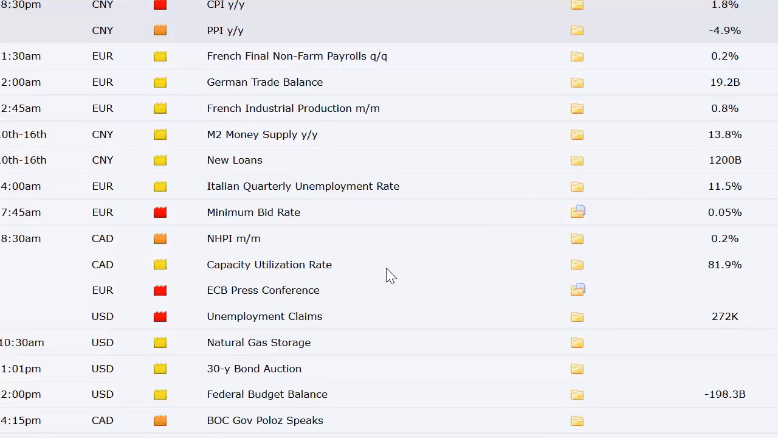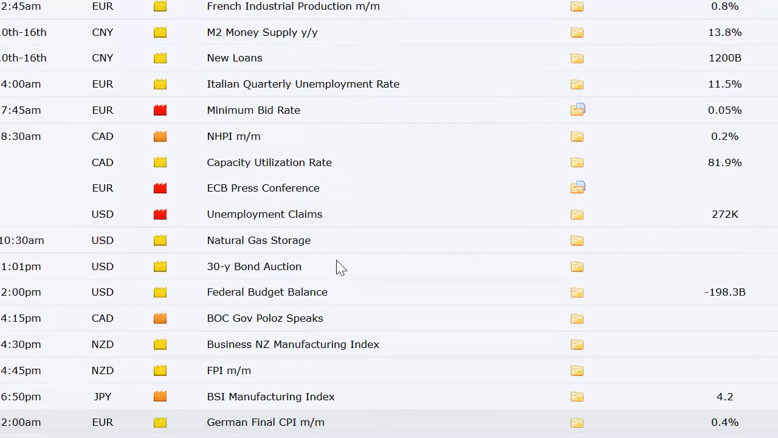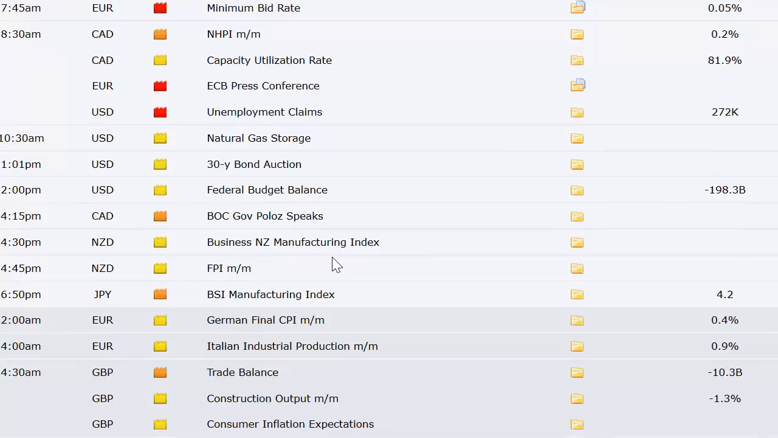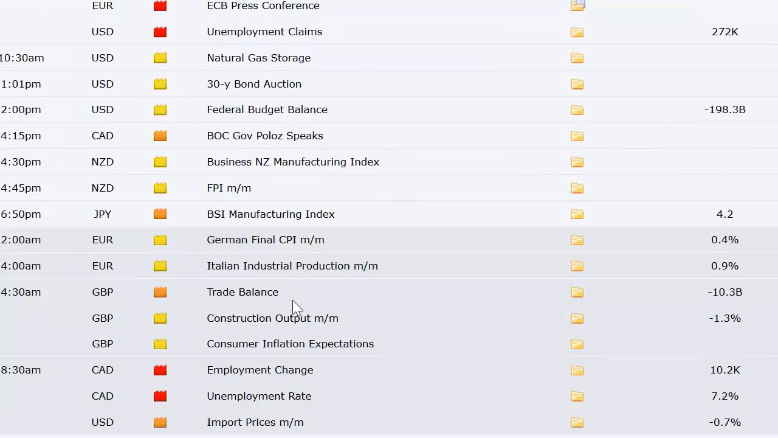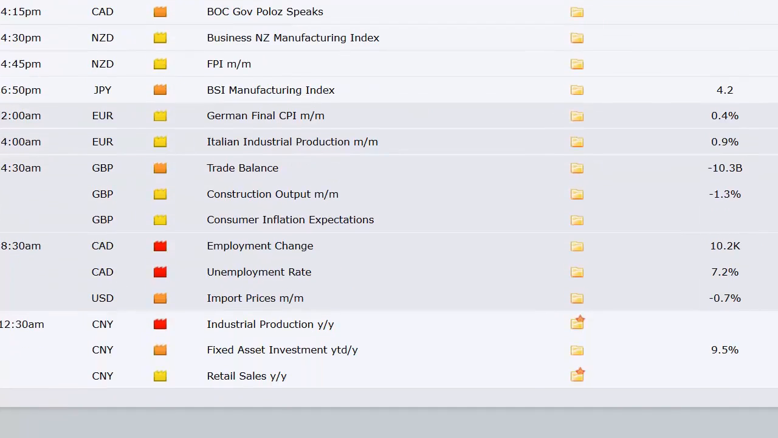Weekly unemployment claims at 8:30 a.m. Eastern Time here in the U.S. Natty gas 2 hours later, 30-year bond auction here in the U.S. Federal budget balance. We've got business and manufacturing index out of New Zealand and their FPI, which is an inflationary number. Japan's got BSI manufacturing index, and then Friday, German final CPI, Italian industrial production, trade balance out of the